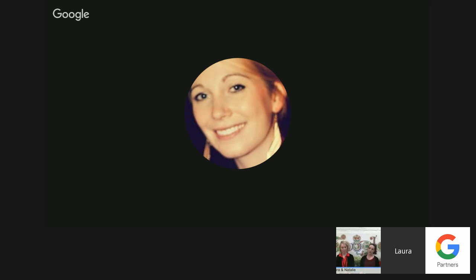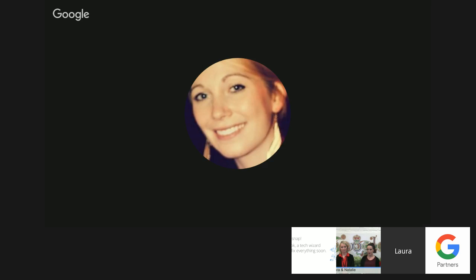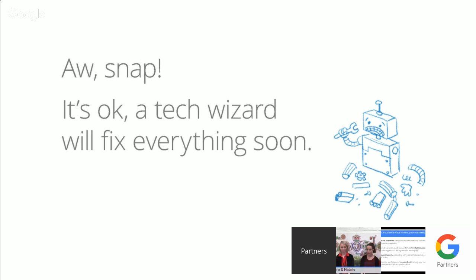So just looking at how to harness your customer data to meet your marketing objectives. Customer Match is ultimately really applicable across the entire funnel, everything from generating awareness right down to increasing loyalty. So if you think about the see, think, do, care model, there's applications of Customer Match across all of those parts of the funnel. So if you think about generating awareness,